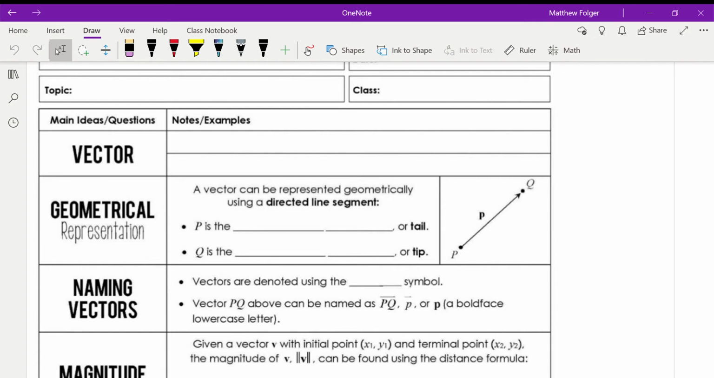Guys, today we are going to be introducing the next unit and doing a little introduction of what a vector is. So that's kind of going to be what we're talking about for the next few weeks here. So let's define a vector first. So a vector is a quantity